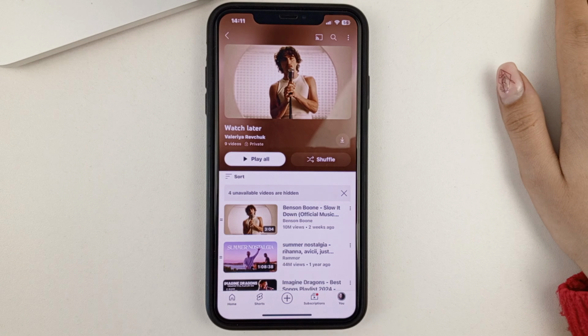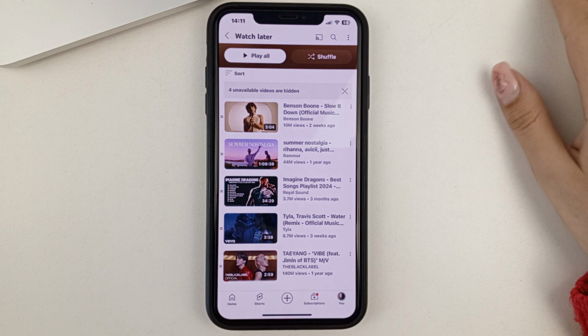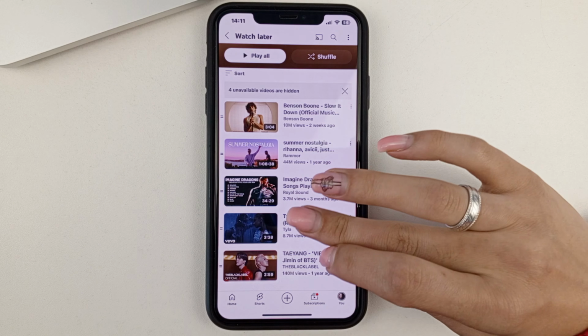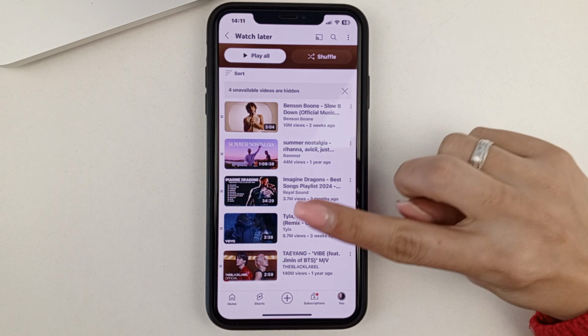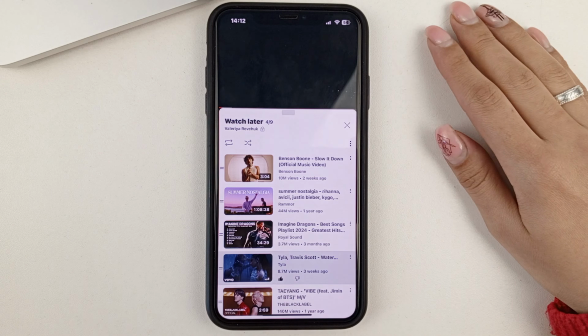You click on that. And you'll see all the videos or all the playlists that you've saved to watch later on YouTube. And you just click on any playlist and it plays immediately.